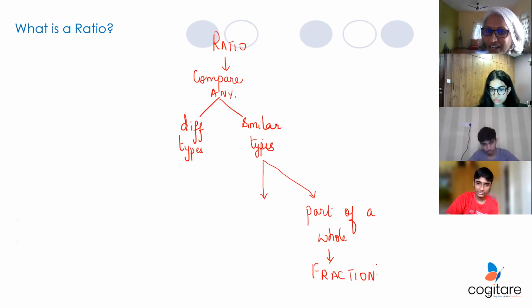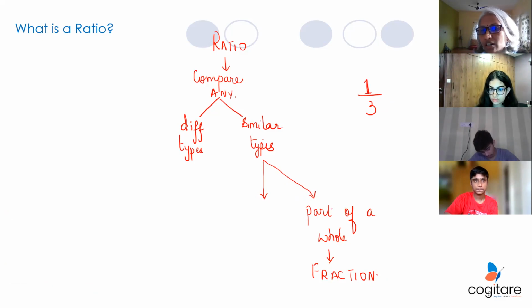Fraction. Thank you. Why so long? So if you ask me, a fraction 1/3 is also a ratio. The only difference being, when I say 1/3 is a ratio, I can say there is one bottle for every 3 chairs. Really doesn't make sense, but it's a ratio. But when I say 1/3 as a fraction, I mean I have one apple pie, I've broken it into 3 equal parts, and I'm going to give that one part of the apple pie to Abhishek. Clear? He gets the pie today. So this is the relationship between a ratio and a fraction.